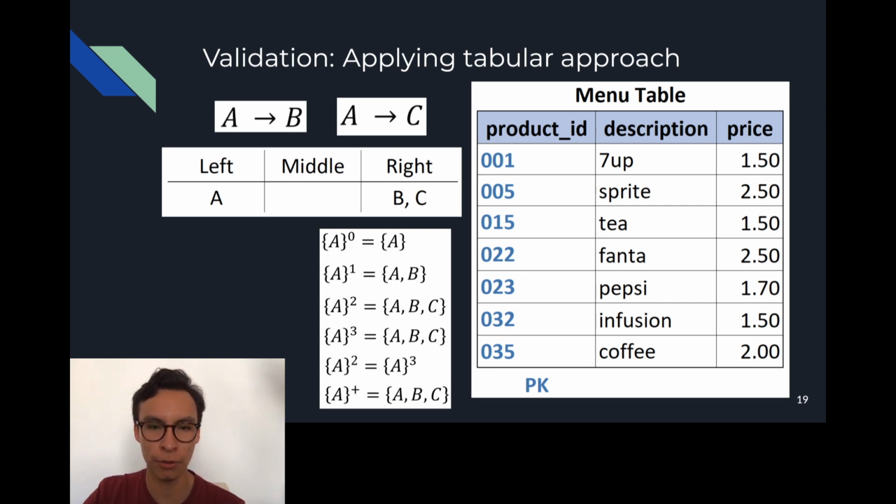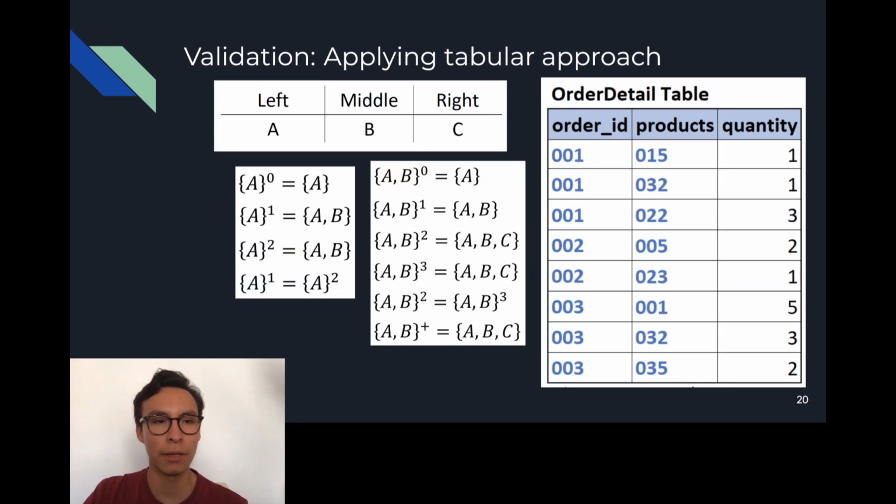In this case is product ID, which will be the primary key of our table, since with it we can find the description and the price of any item in the menu table. Next up, we have another example using the table order detail. In this table we have an order ID, we have products, and we have a quantity. The relationships here are that with an order ID we can find the products, and